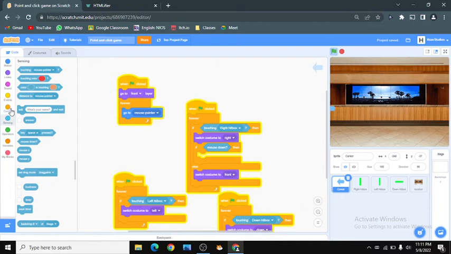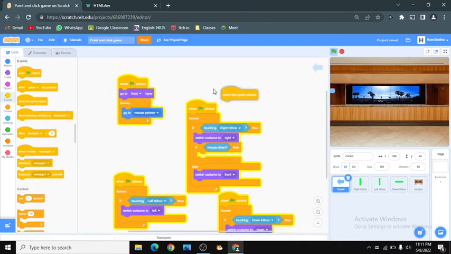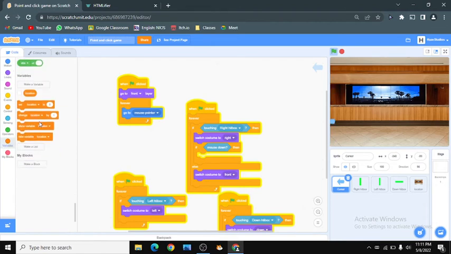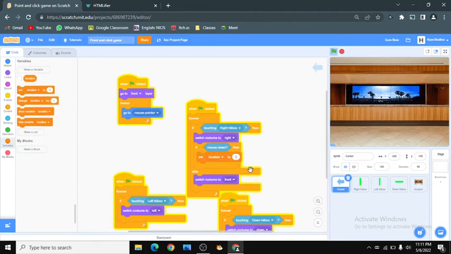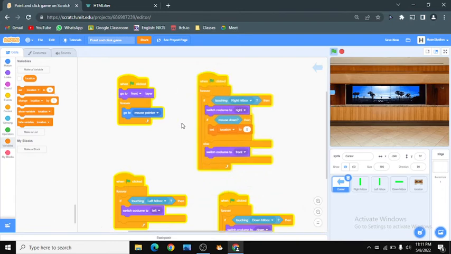Here you don't use when the sprite is clicked, because that won't work, because we're using a custom cursor instead of our original Windows cursor. So we just drag in a variable block, set location to, and I'm just gonna say set my location to left lobby or something.